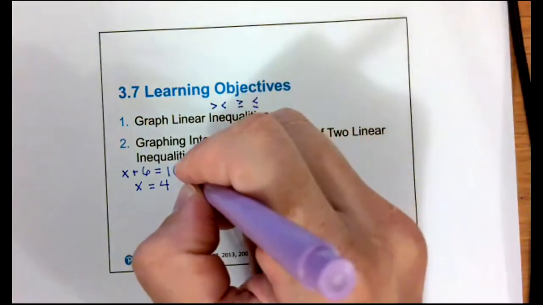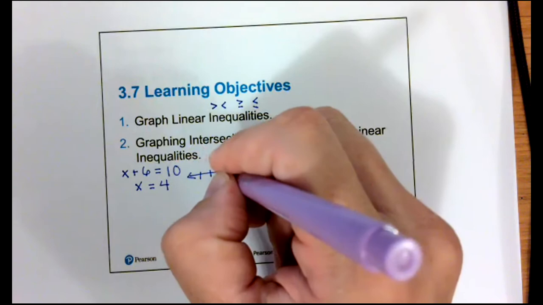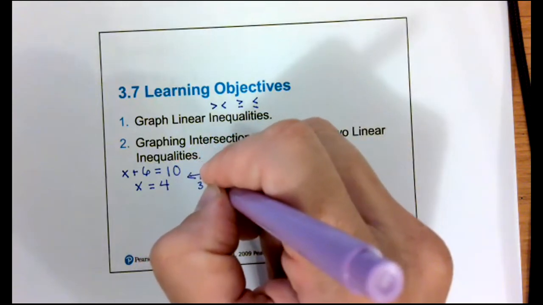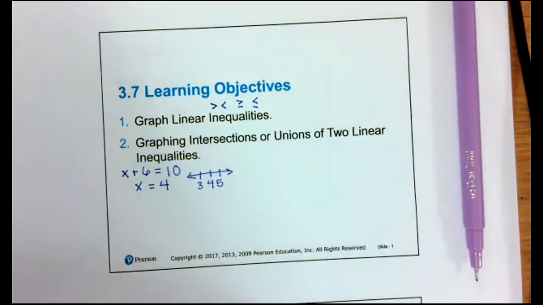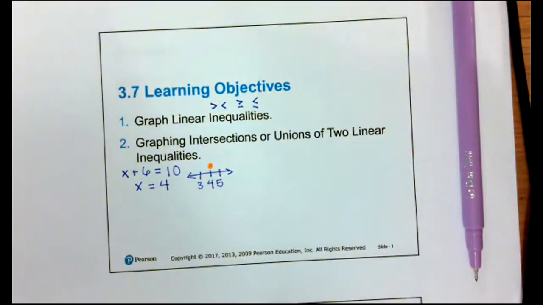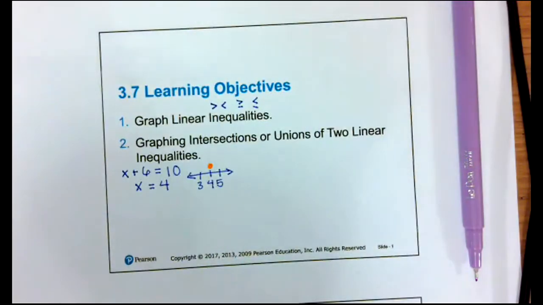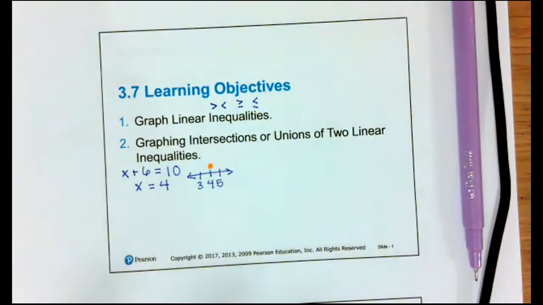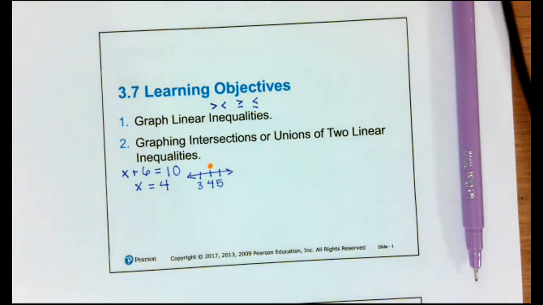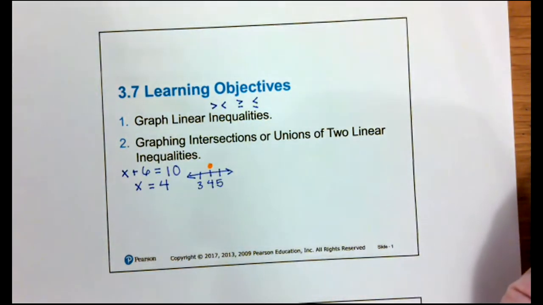X is 4. You could put that on a number line by just marking 1 point on the number line, right? X is 4. It's only 4. It's not 3. It's not 5. It doesn't move. It doesn't encompass infinite points, right? X is 4. So if I changed it to